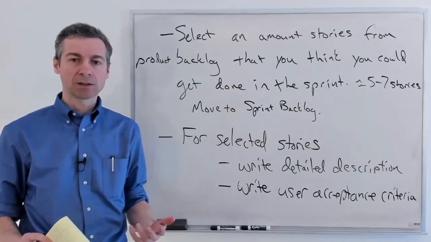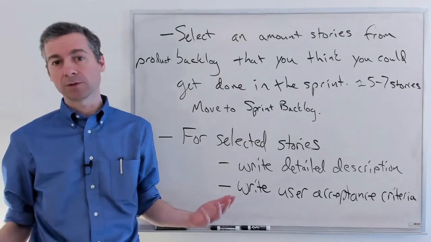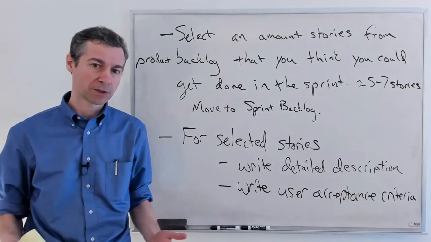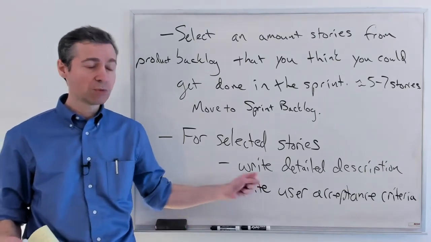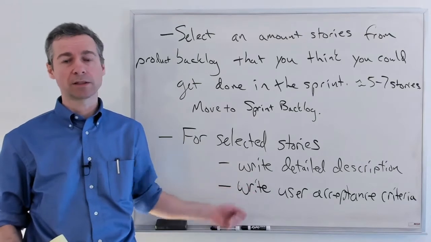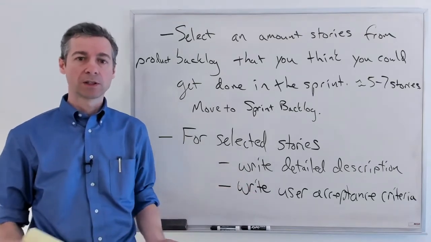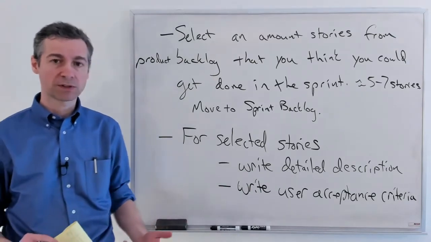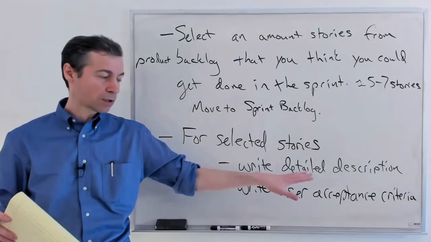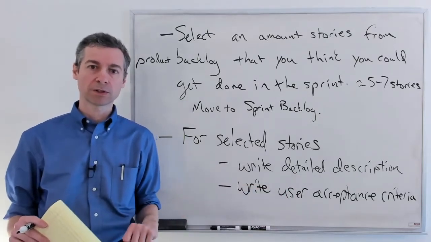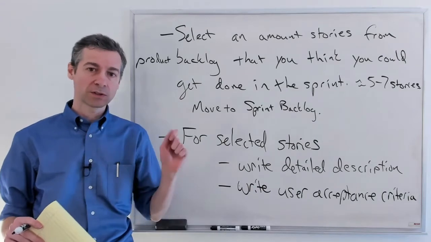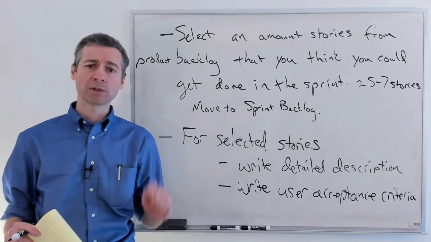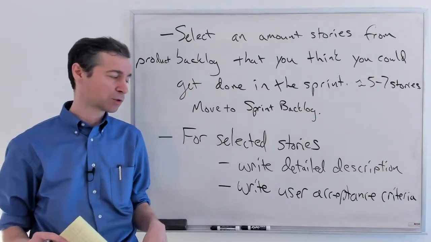All right. Now, this part of the meeting, you only have an hour for. You may not be fully aware yet of what all the acceptance criteria really are. The acceptance criteria that you do know has come from your meetings with the client. The client has told you things about the functionality of the product. These are a lot of the details that you've captured in your notes that the team knows. Now you start putting them all in there under the user acceptance criteria. This is a checklist. These are things that you're going to check off as actually being the story meeting the criteria to know whether or not you've completed the story by the end of the sprint.